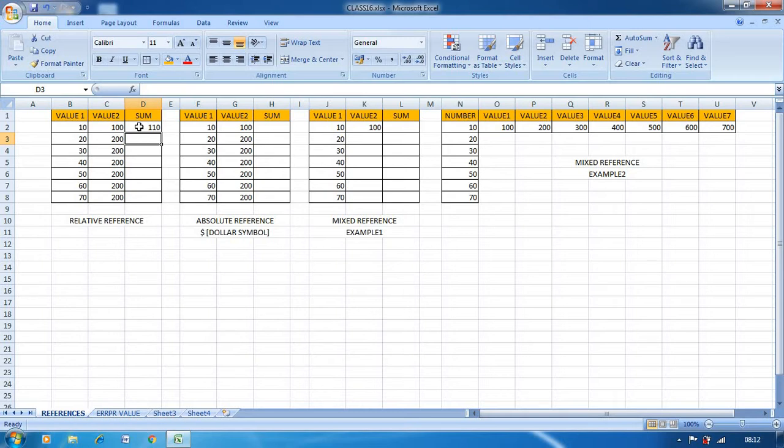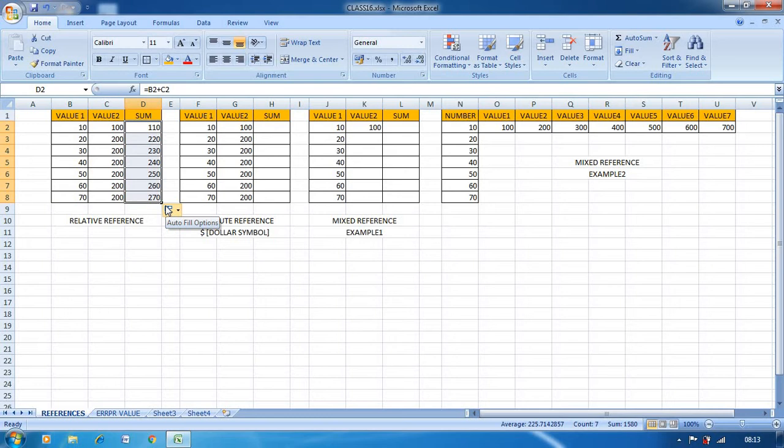So what you have to do is just press the left mouse button and drag it downside. Automatically the formula copies to the next cells. So what is relative reference?